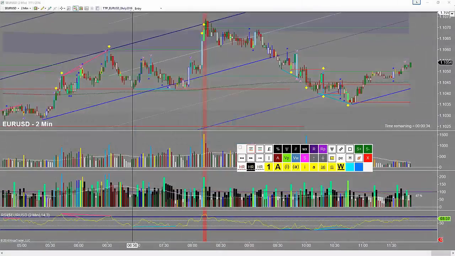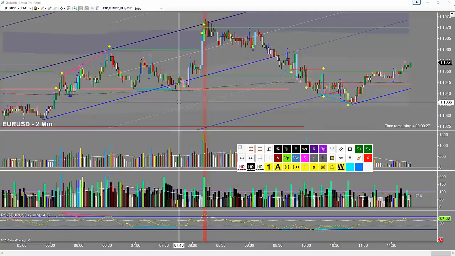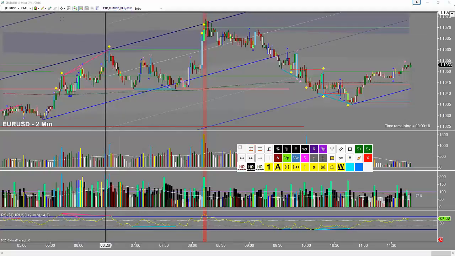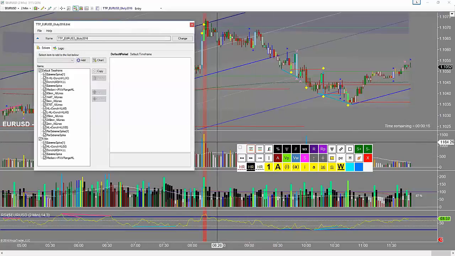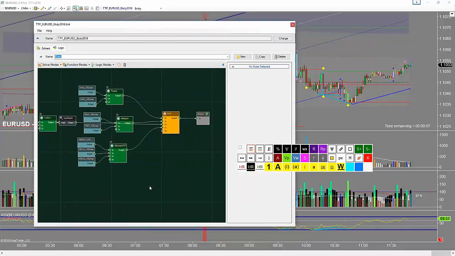This is the third part of the three-part series that I've done on using the TTP software in spot Forex markets. What I've done here is build out the Bloodhound template, which is accessing all of the areas from all of the charts using the toolbar, the market geometry areas. And the only difference is with the spot Forex,